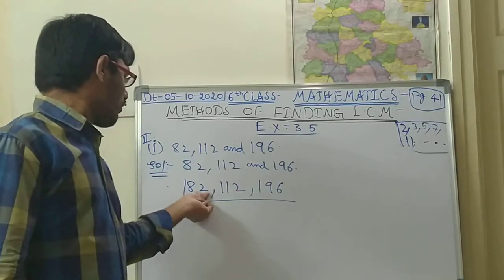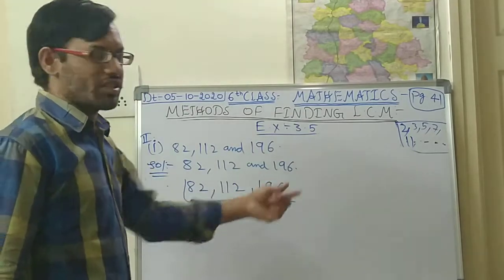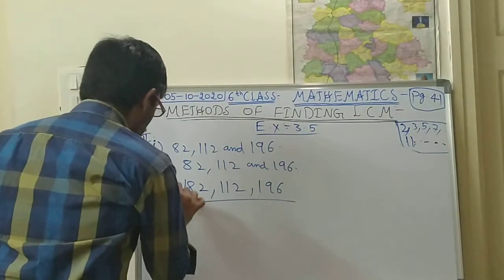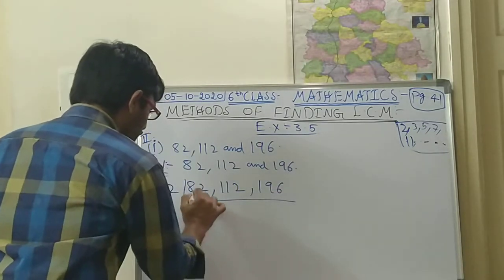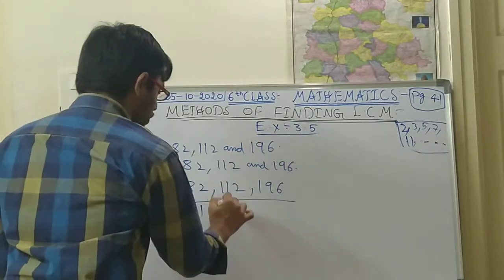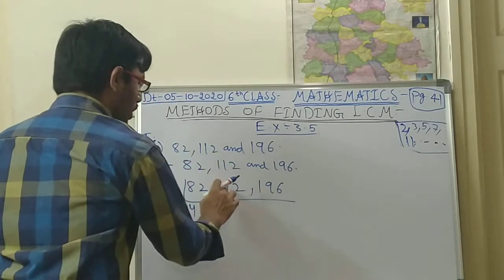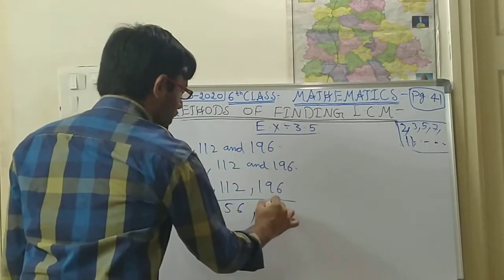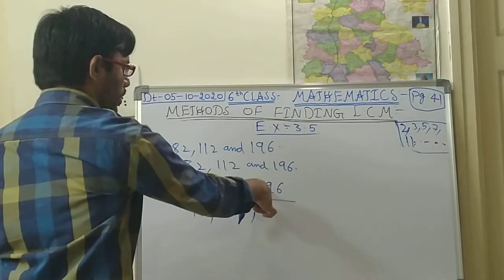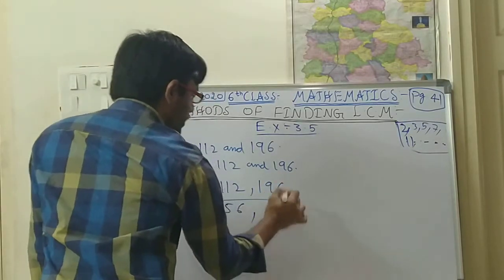Is it right? Because the ones place digit is 2, ones place digit is 2, ones place digit is 6. So first do with the two table. So in the two table when it will go? 2 4s 8, 2 1s 2. Next 2 5s 10, 11 minus 10 is 1, 1 2, 2 6s 12. Next 2 9s 18, 1 is left over, 1 6. So 1 6 means 2 8s 16.